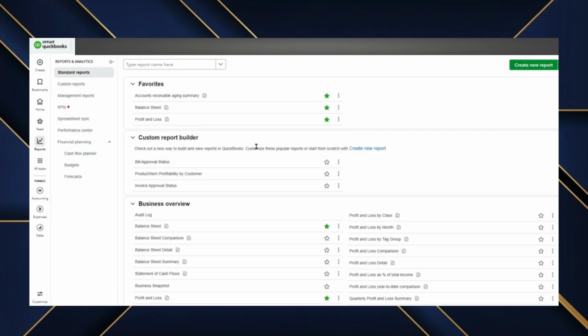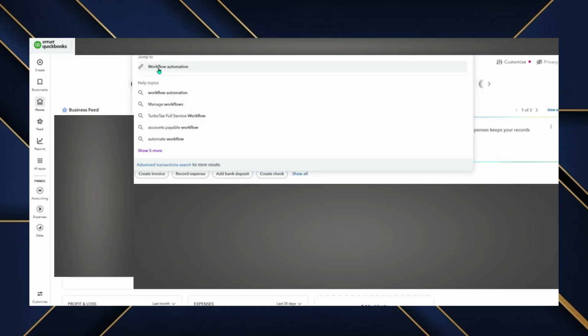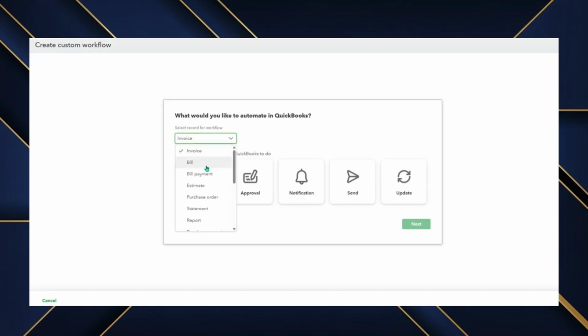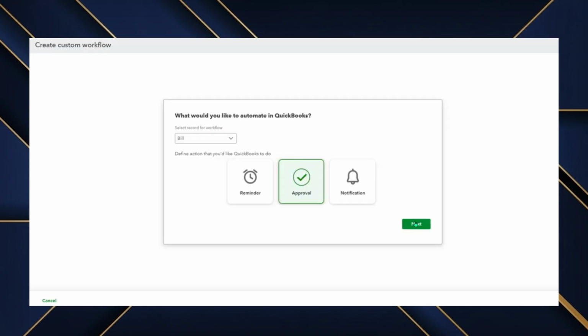Start in your company file and open Workflow Automation from the left menu. Then go to My Workflows to see what already exists so you don't duplicate rules. Click Custom Workflow, choose the approval template, and select the Bill Approval option, so QuickBooks provides the structure for routing